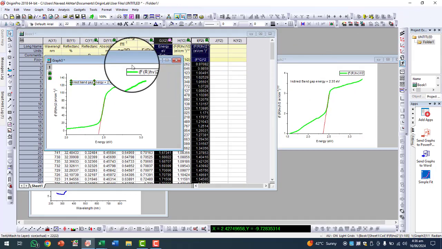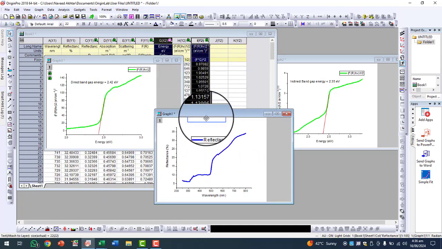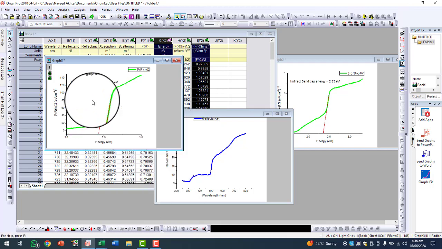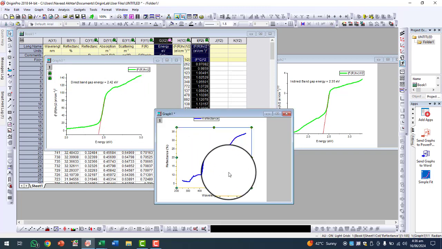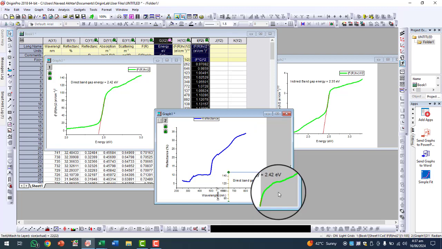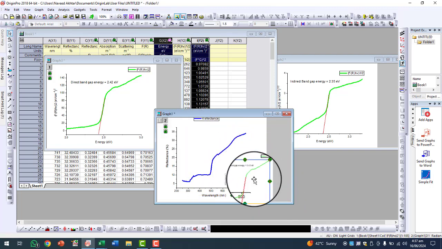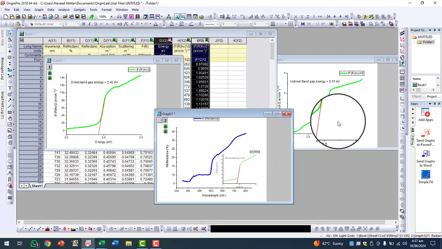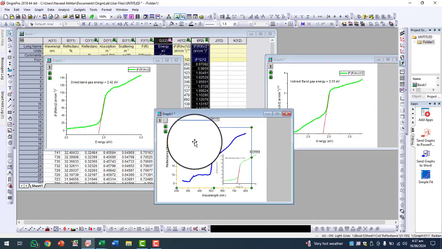Now I will have to compare these values. So this is the reflectance spectra of my material, and this is simply the direct band gap value. I will put it here, and it is an inset, and this is the indirect band gap energy value.